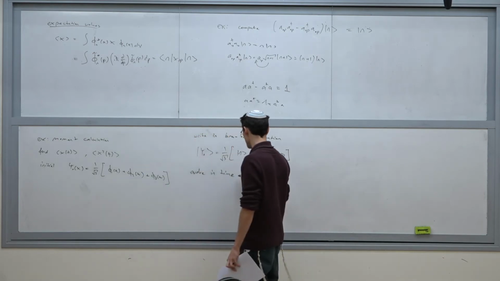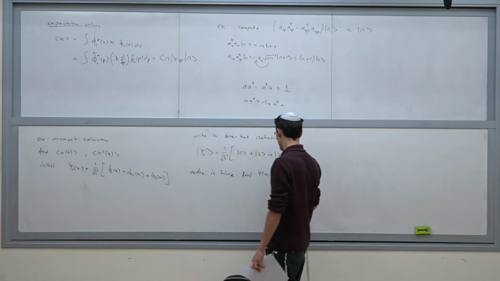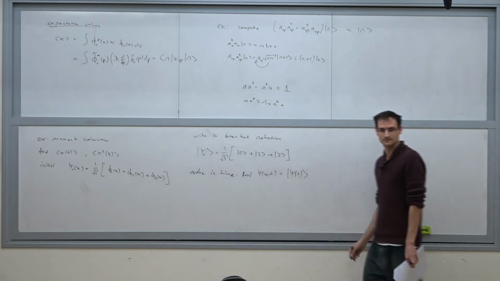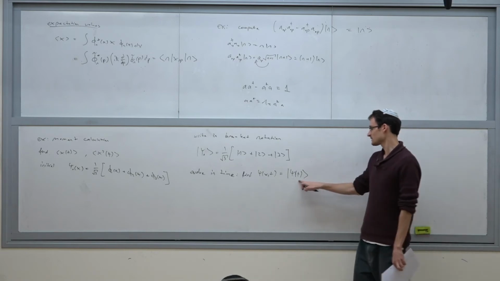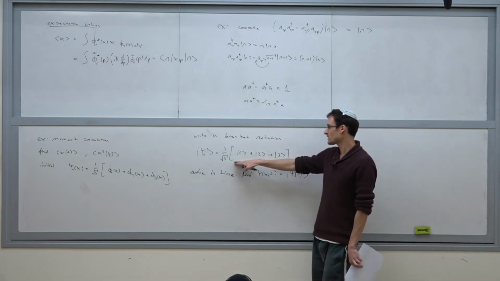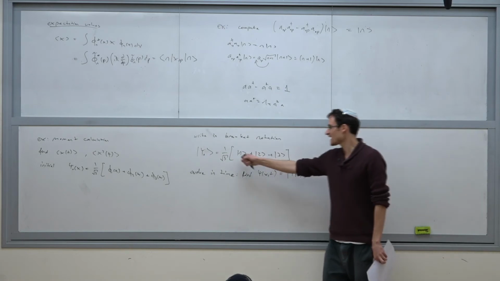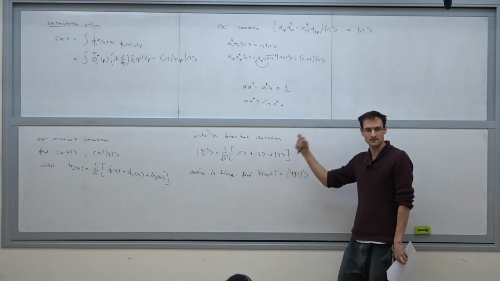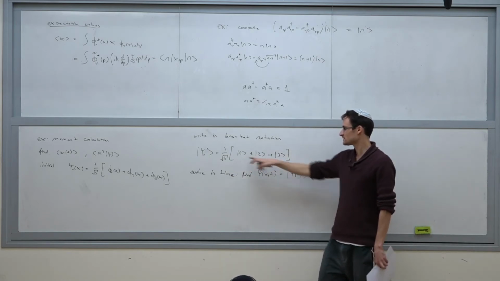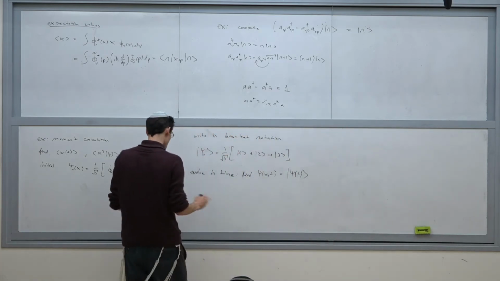which means we want to find psi of x and t, or better, just psi of t. Who cares about x, right? So it's just the ket, but the ket, of course, can depend on time. And because we are already working in the energy eigenbasis, you know exactly how to add a time dependence. Each eigenstate receives a phase of e to the minus iE over h bar t, where the energy is E1, E2, and E3, right? According to the Schrodinger equation. So we find psi of t